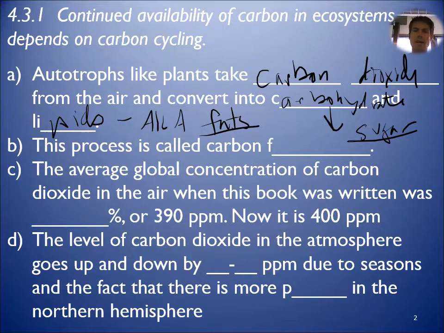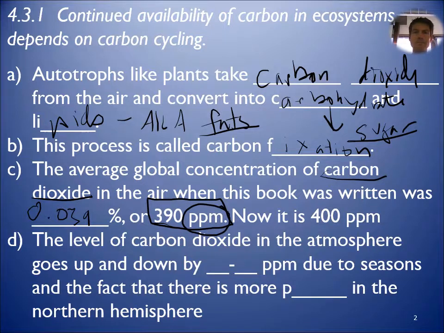And taking that carbon out of the air, making a chemical, is called carbon fixation. And we can't do that, but plants can through photosynthesis. So the average global concentration of CO2 in the air is 0.039, or 390 parts per million. That's something we've been using, like in the lab today, with the copper, chromium, nitrate parts per million. Now we're above 400, so probably around 405